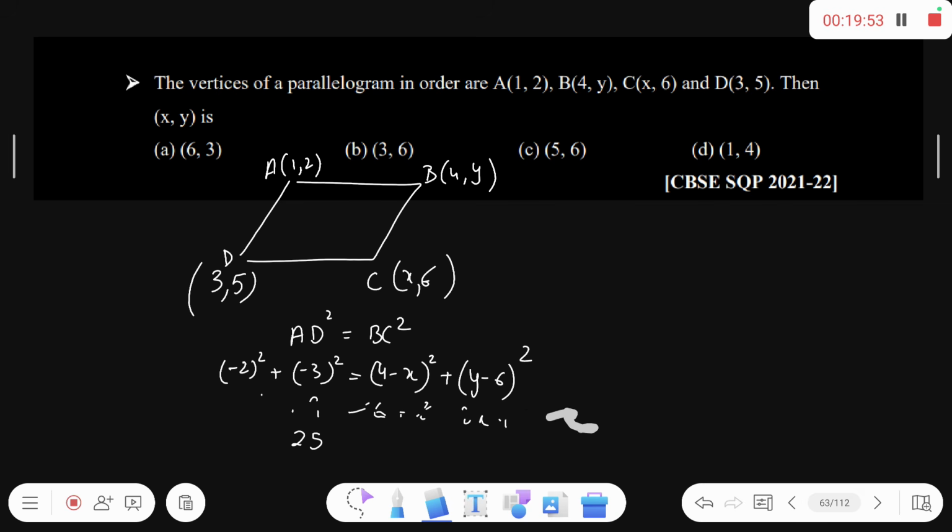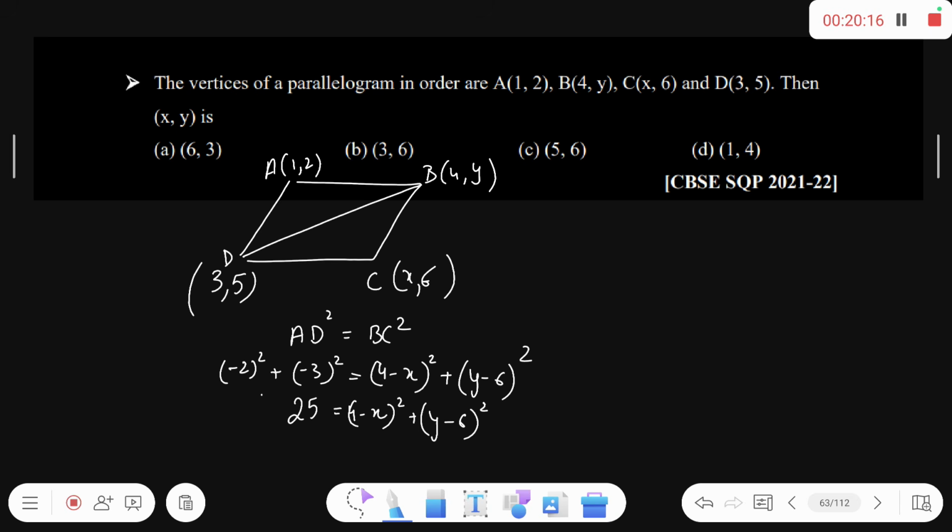We'll put the value of xy from another equation. So this is 25 is equal to (4 minus x) whole square plus (y minus 6) whole square. And the other side,